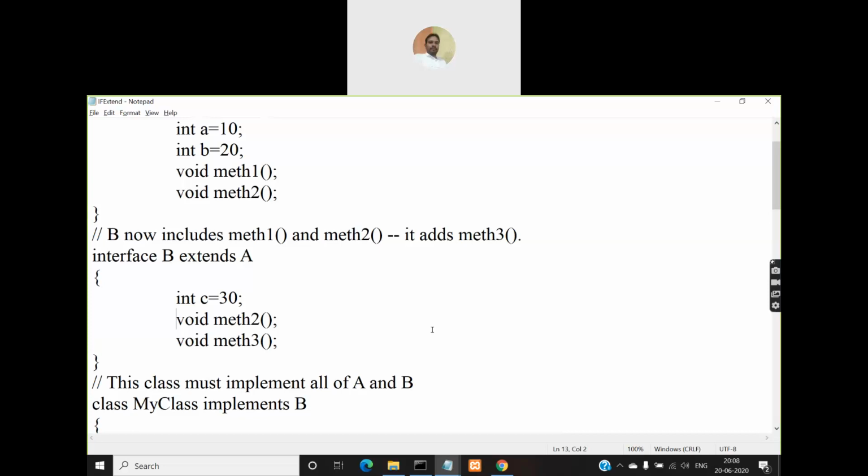And even for methods, when you're creating methods in a sub interface, give them an exclusive name without matching the methods that you declared in the super interface. The same principle applies for both variables as well as methods, right? And there is no constructor concept at all, so you cannot instantiate an interface, right?